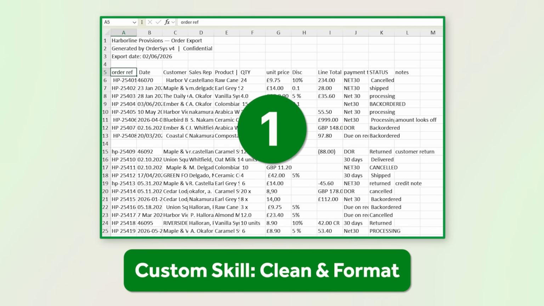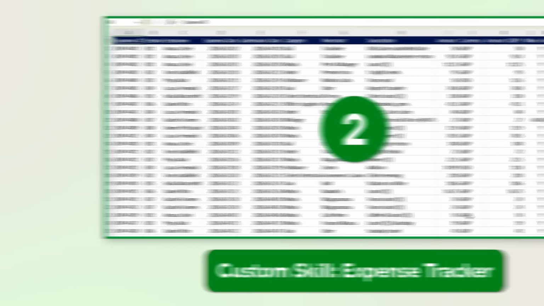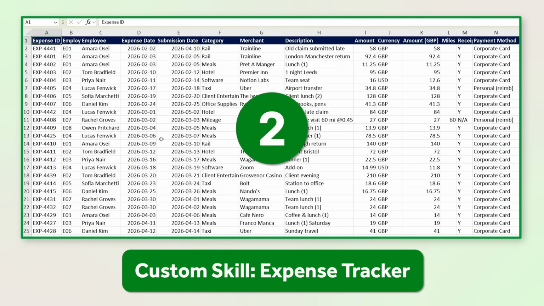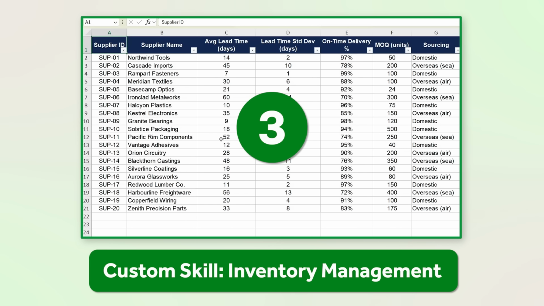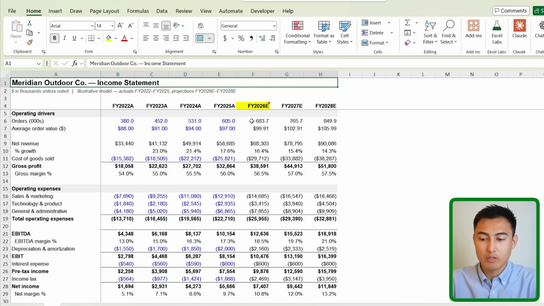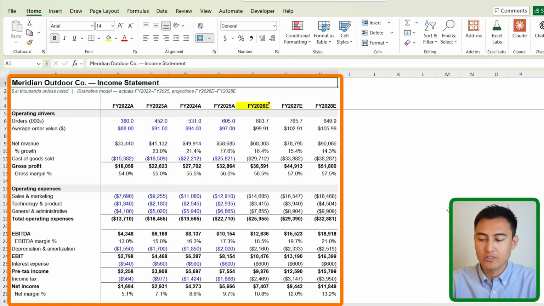We'll build skills that can clean up a messy raw file, flag employees who exceed their spending limits, and tell you exactly when to reorder stock before it runs out. Let's get into it. To show you how to get started with skills, here I've got a financial model, and